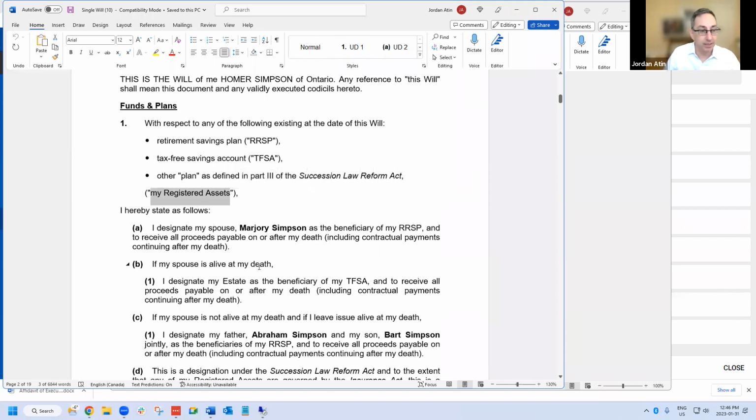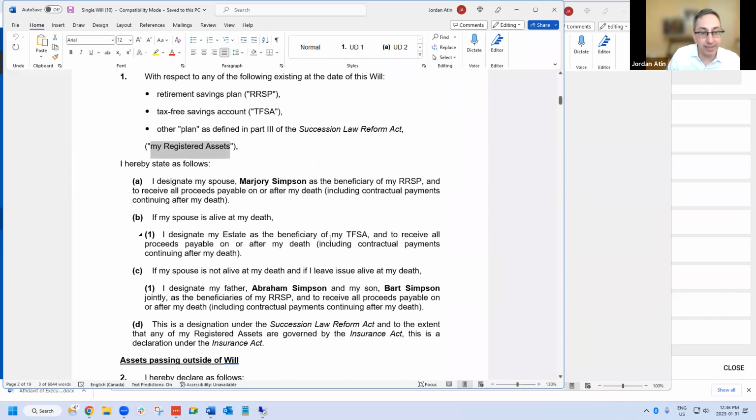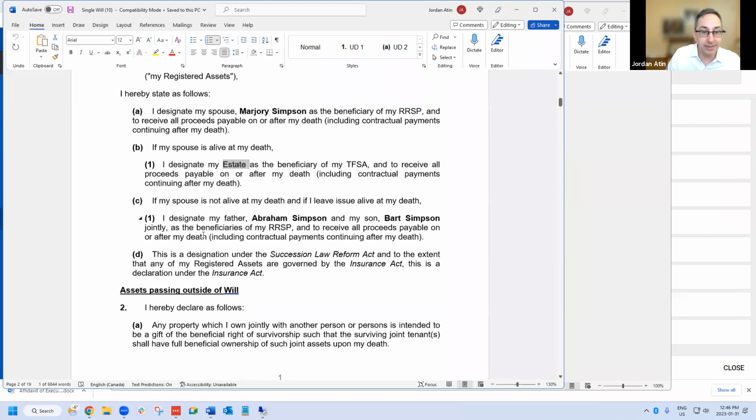So it knows that automatically. Then it designated the TFSA to my estate. And then I think I had an alternate beneficiary, Abraham and Bart, as the beneficiaries of the RSP if the spouse was not alive and if I left issue, descendants, alive. So that's your typical RSP designation.